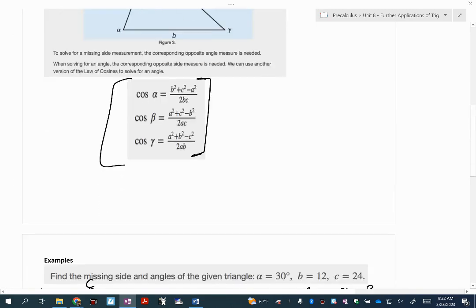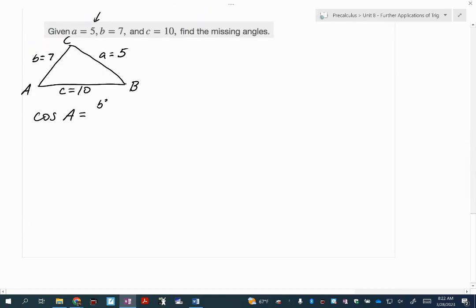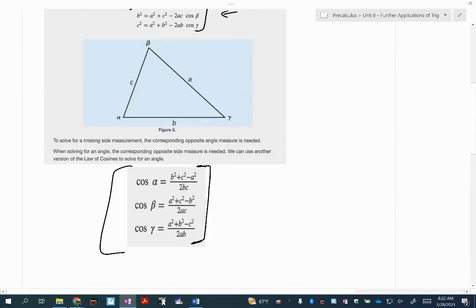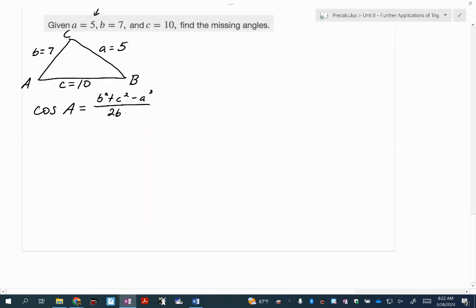Cosine of angle A is equal to b squared plus c squared minus a squared, all over, and in the denominator we have 2 times b and c. Okay, so plug in what you know. We know b is 7. c squared is going to be 10 squared, minus a squared, which is 5 squared, all over 2 times 7